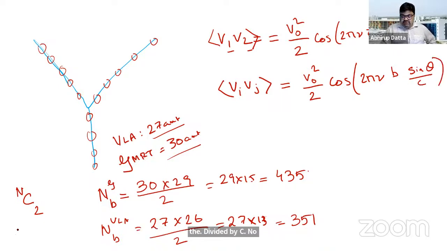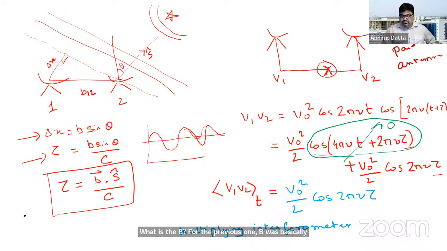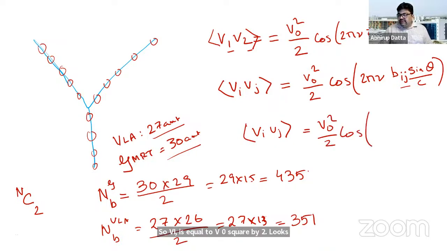Now, which B? For the previous one, B was nothing but the distance between antenna 1 and 2. So for this one, we have any antenna pair, so this is B of i, j. Okay, so that's the whole trick. So for any pair of antennas, this particular term becomes ij. So if I just reword it, ViVj is equal to V0 squared by 2 cosine of nu divided by c,